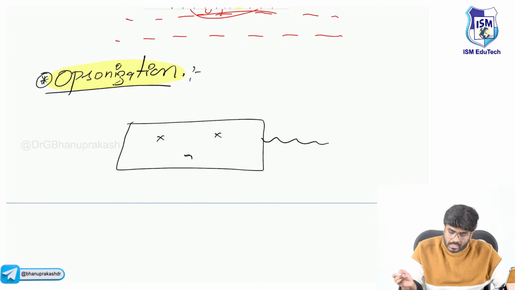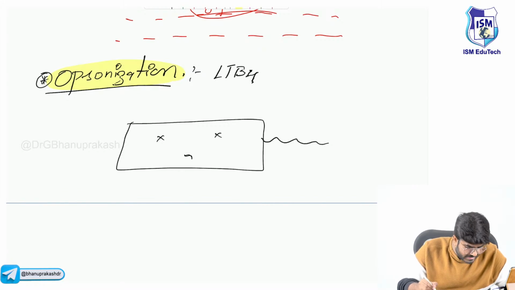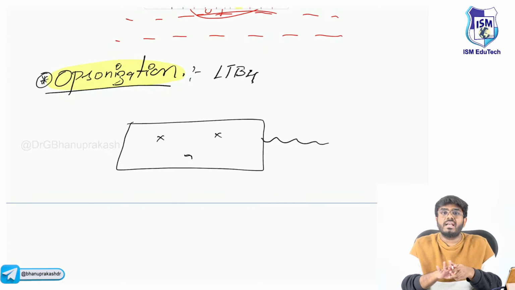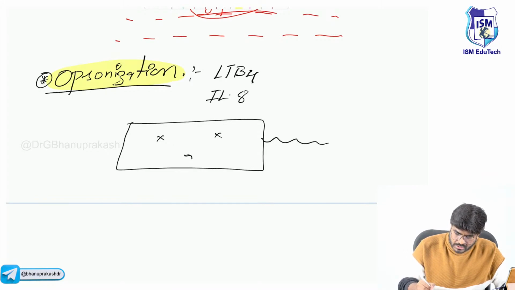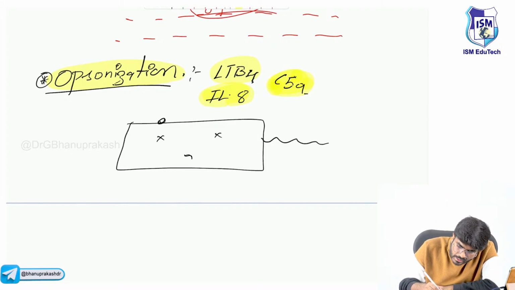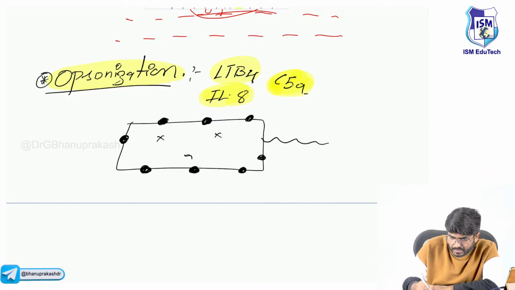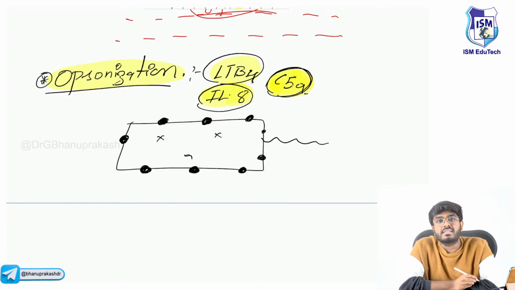So what are those molecules which will help in fast killing of this bacteria? Those molecules are leukotriene B4, interleukin 8 and C5a, coating this bacteria so that it will be easily destroyed. So these are opsonins. You are just coating this bacteria so that the neutrophil will easily recognize it and kill it. What they will ask in your exam is, which of the following molecules are opsonins? LTB4, interleukin 8 and C5a. These molecules are called as